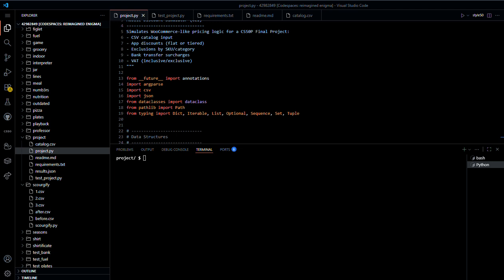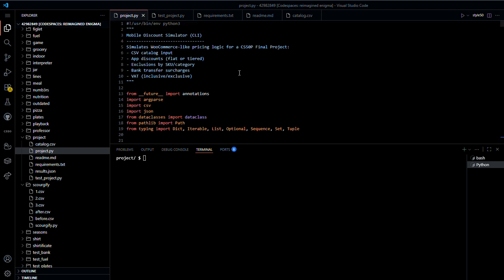I also created a file called test_project.py with pytest, which automatically checks each of these functions. As you can see, you can see the terminal here. To make the video faster, I already wrote my code in my notepad, so I just copy and paste it here. So my first code,